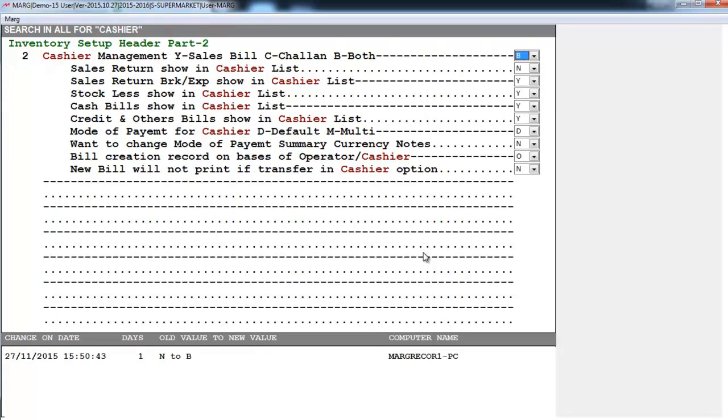For example, you have 2 users. One is an operator and the other is cashier. Now simply you can define from here which user is cashier and which one is an operator. After that, whichever entries and bills the operator generates, all those bills will be shown to your cashier. And very easily the cashier can receive payment from your customers and clear all the pending bills. As you can see, we have already done the settings. Now let's see how your cashier can view the pending bills.